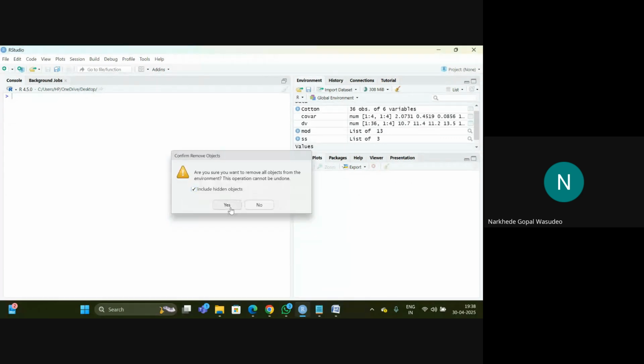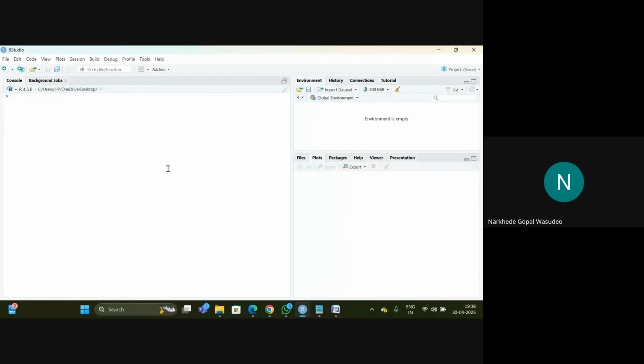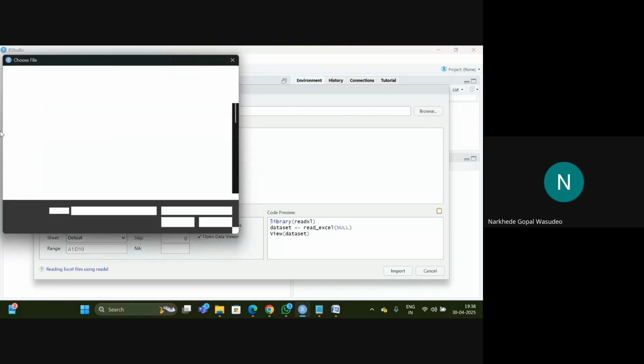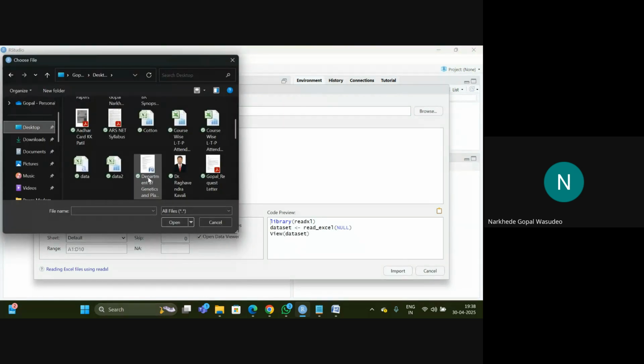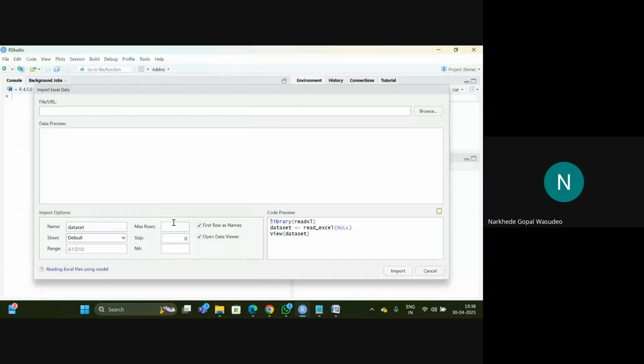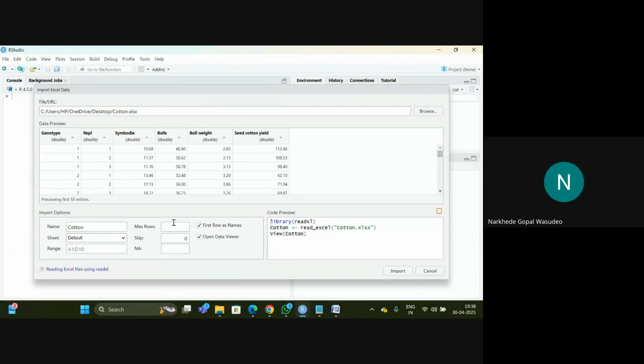So in this, you have to import the data set twice. As we have prepared the two sheets, you have to import the data set twice. So just you can see, as it is an Excel file. So now that you have imported,